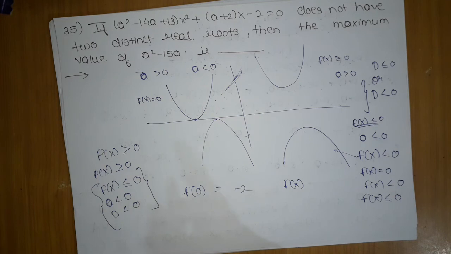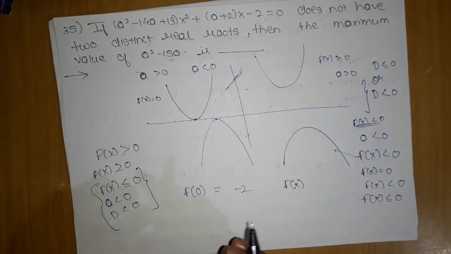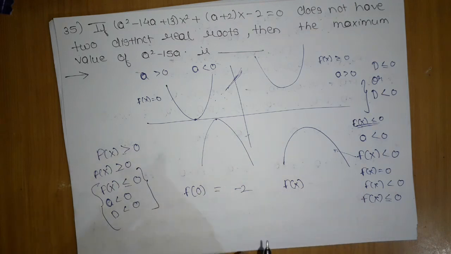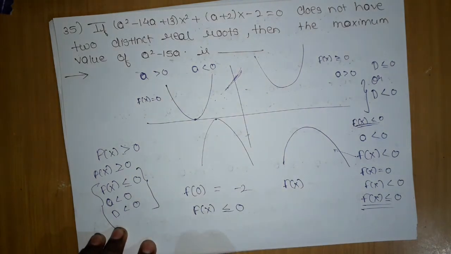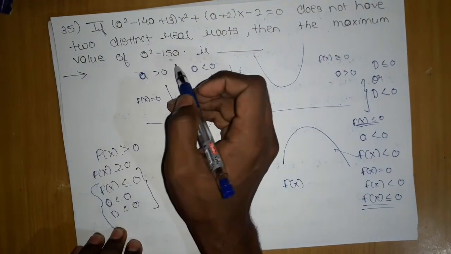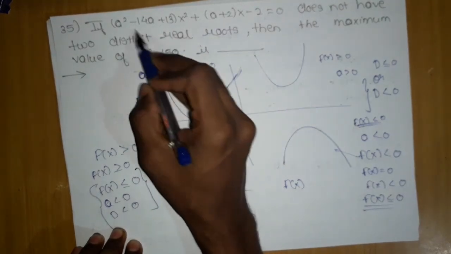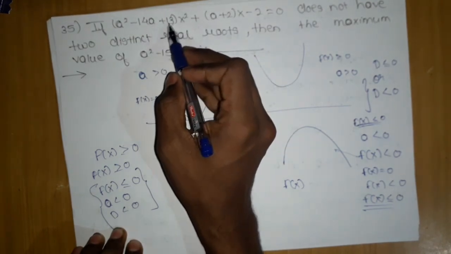If they had mentioned any root or any extra information, we could have moved further and differentiated between these parabolas. But since they have not given us any further information, we will use them combined, using this equation. Now this f of x should always be less than 0. We got that. And now we need to find a square minus 15a, and if I put -1 instead of x, I can create this value.